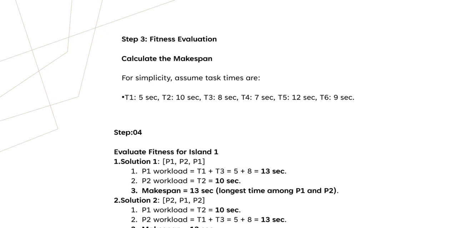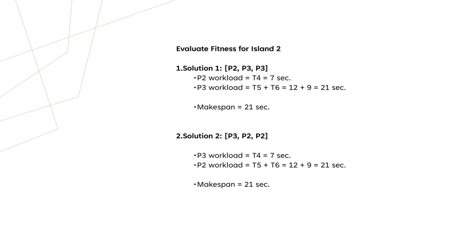Similarly for solution 2, the same process has been done. You see that both times are the same. For example, the fitness values are the same: 13 seconds for solution 1 and 13 seconds for solution 2. Similarly, the fitness process has been done on island 2. You see that solution 1 has three processors. Processor 2 has task 4, which takes 7 seconds, and